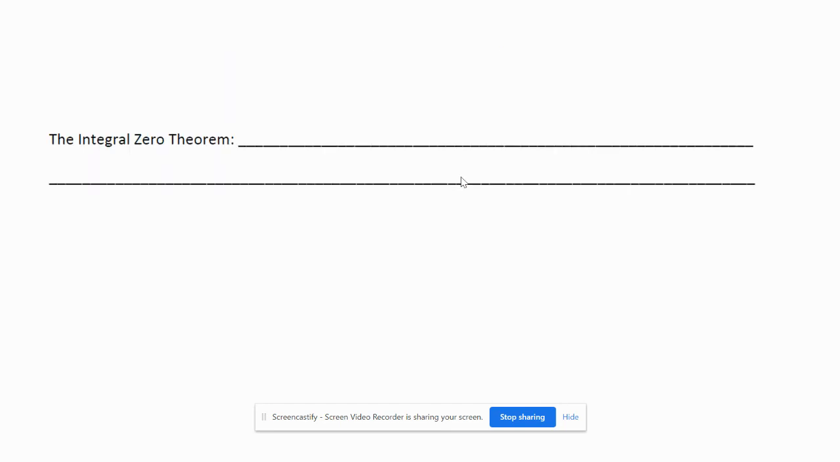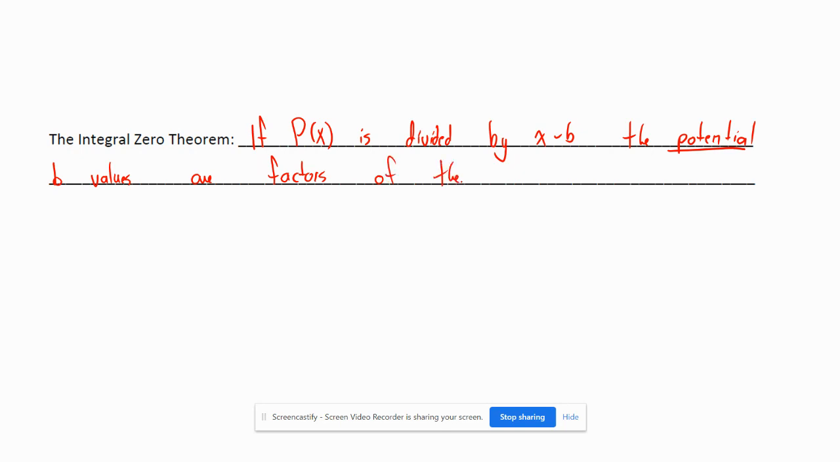The integral zero theorem. So what's this say? The integral zero theorem says if p of x is divided by x minus b, the potential, and again I'm putting this in underlining, potential b values are factors of the constant term of p of x. So for example, if p of x equals